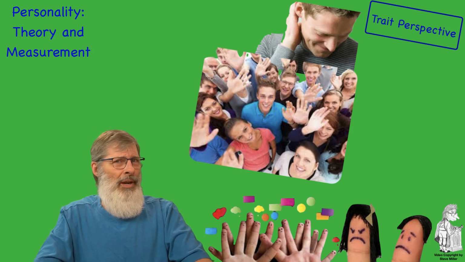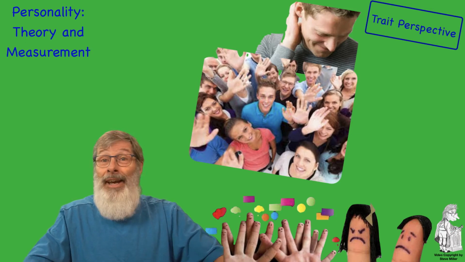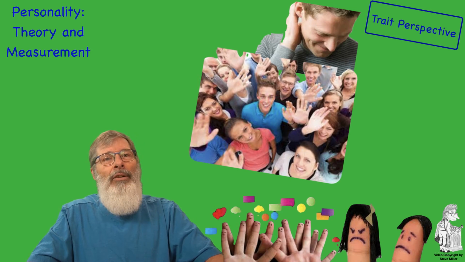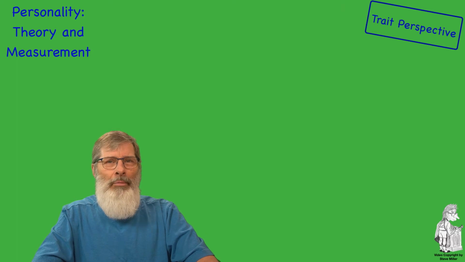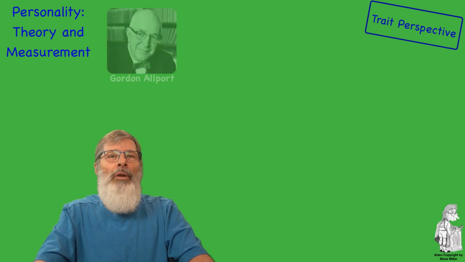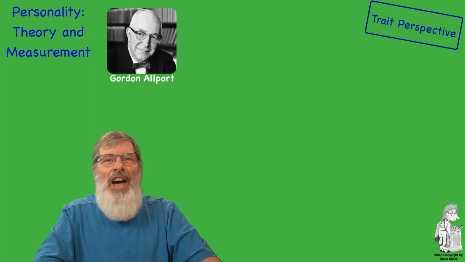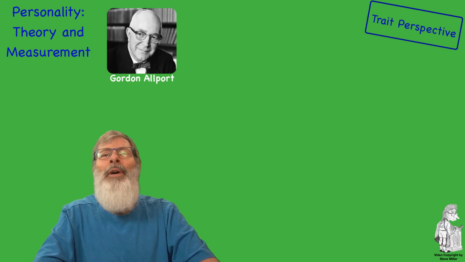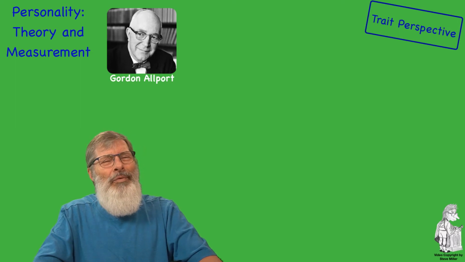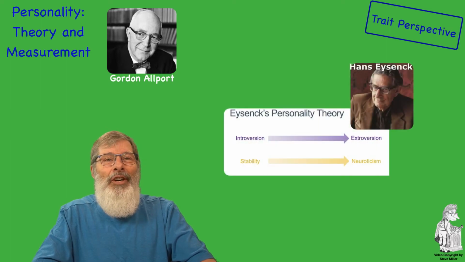So we're going to start with contemporary psychologists. Now, contemporary psychologists assume that traits are inheritable and are embedded in the nervous system. We'll start with Gordon Allport. He was the first trait theorist that we're going to look at. Allport cataloged about 18,000 human traits from dictionaries. It was the first that's been used in research by many psychologists. So from that, Hans Eysenck, his trait theory is a